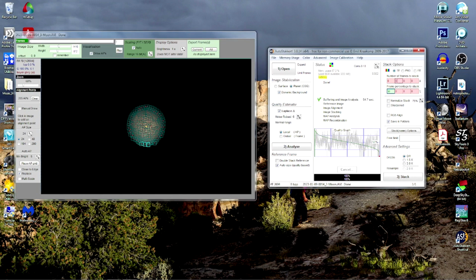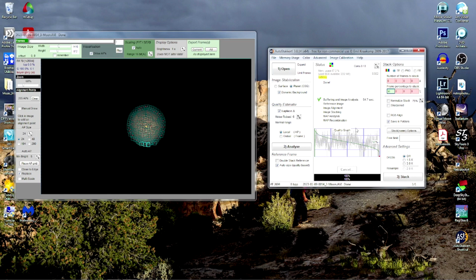There's two ways you can do it. You can do number of frames or percentage. I like to work with the percentage because this is, again, working in percentage. This helps me determine what the percentage should be. If this was opposite and it was down here, then I would go lower. So here is the stack output file, TIFF, PNG, or FIT. Our program that we're going to be using, RegiStack, works well with TIFF files, so that will be our output